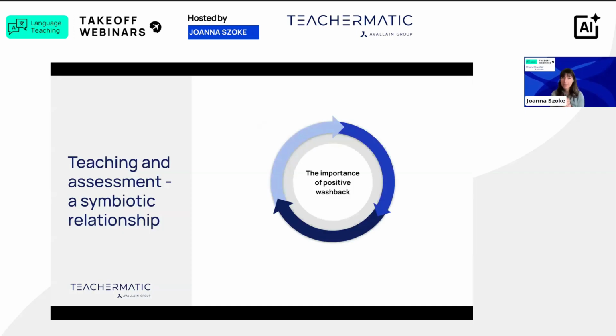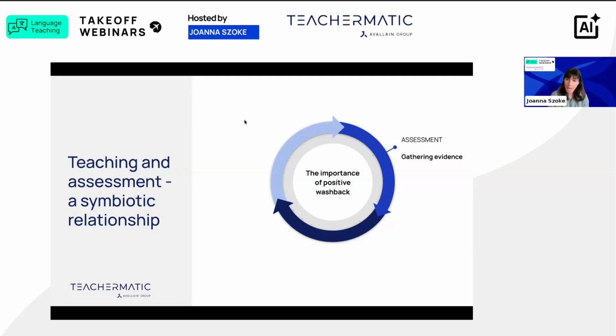And it's all about the importance of positive washback. Now, you might not have been prepared for big terminology here, but just one little thing. What is positive washback? And you'll understand why it all relates to these generators. What that means is that when we're teaching and when we are assessing, of course, we're assessing because we have